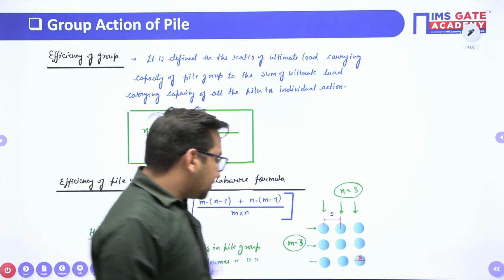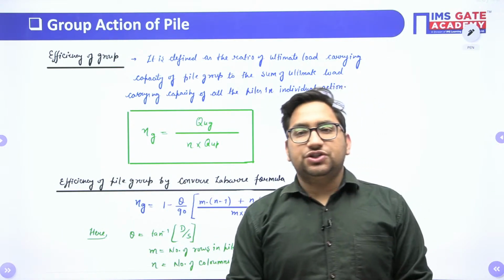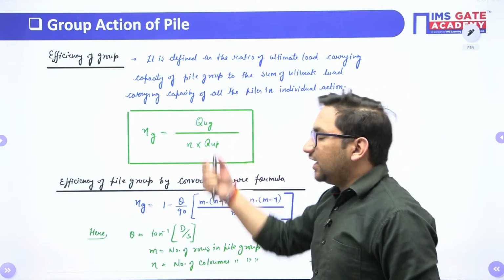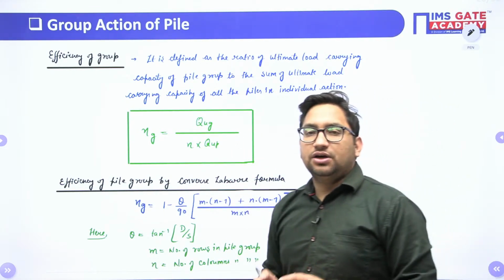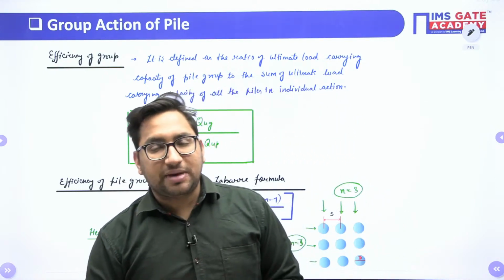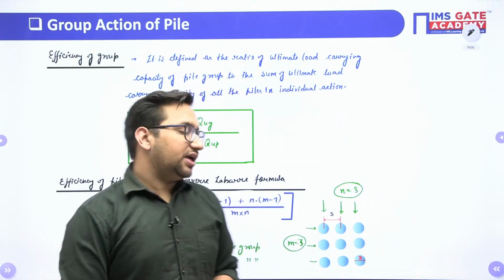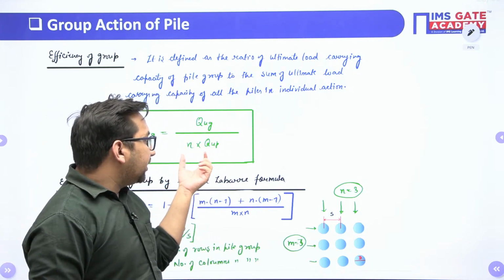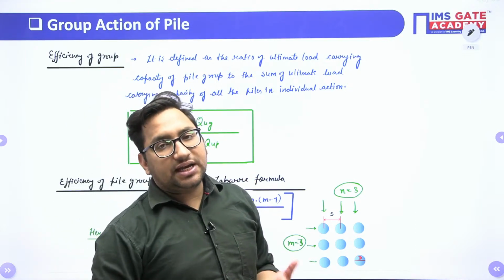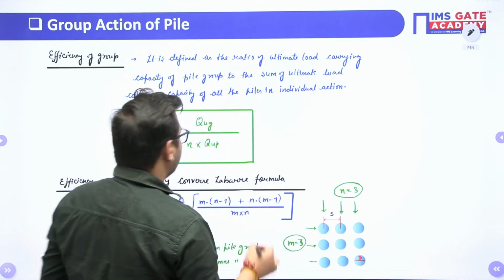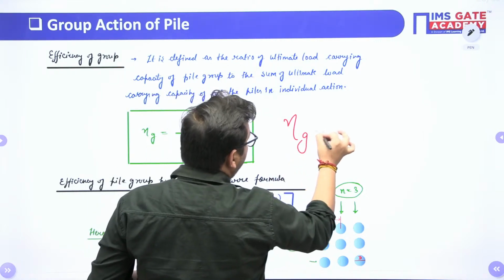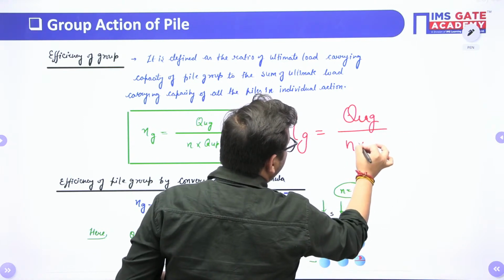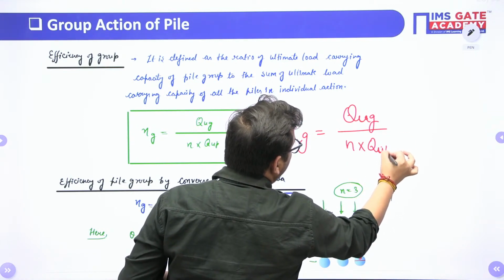Next is, sometimes it can ask you for the group efficiency of pile. So group efficiency of pile is nothing but the ratio of the ultimate load carrying capacity of a pile group when we are taking all the piles as a single unit, or in group action, divided by the total load carrying capacity of the pile group when you are taking it as individual action, right. So it is the ratio of QUG to n times the load carrying capacity of an individual pile,